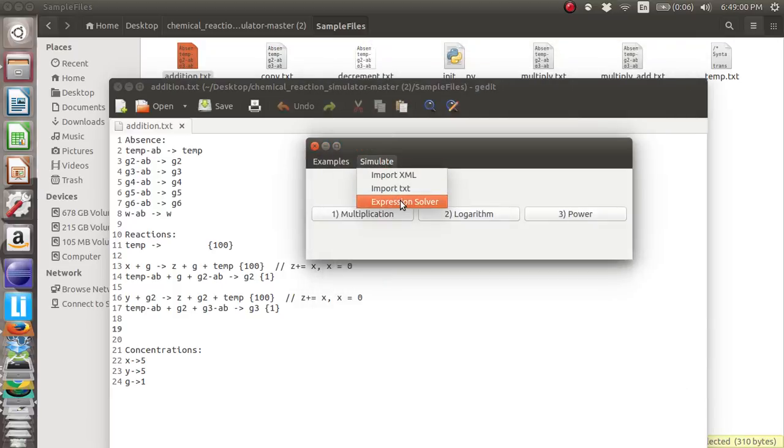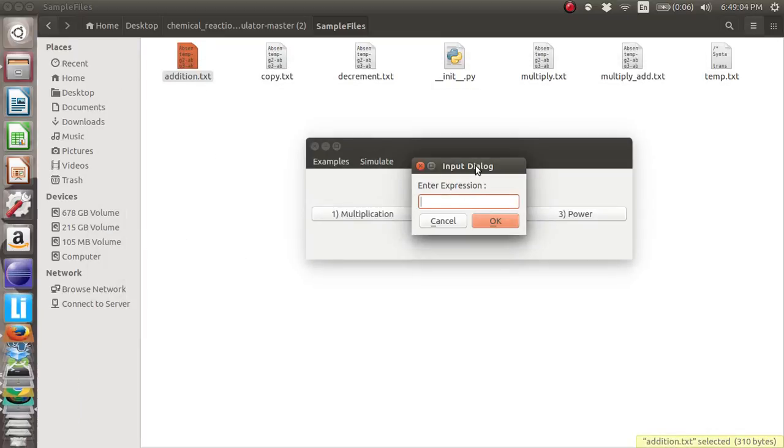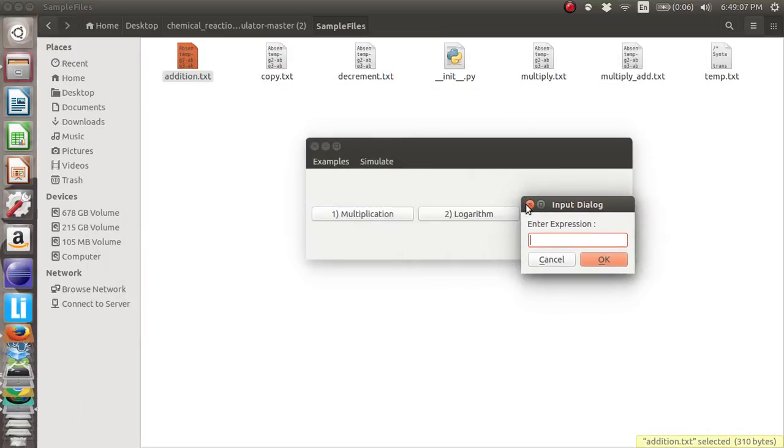The most important use case of our software is the expression solver. Suppose I want to solve 4 plus 5 multiplied by 10. As our expression solver has no inbuilt parser, whatever arithmetic expression comes first gets solved first.